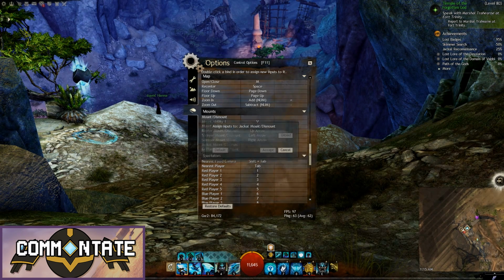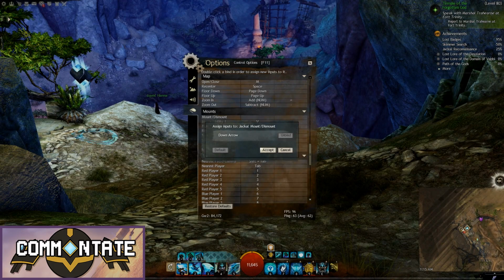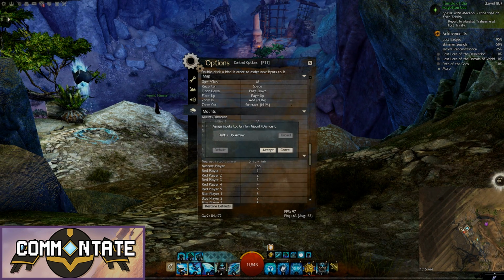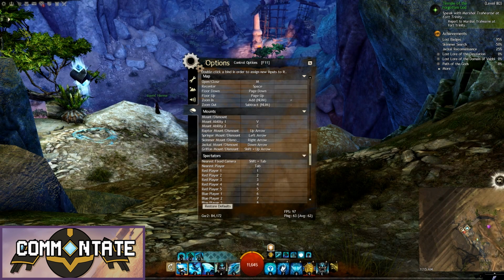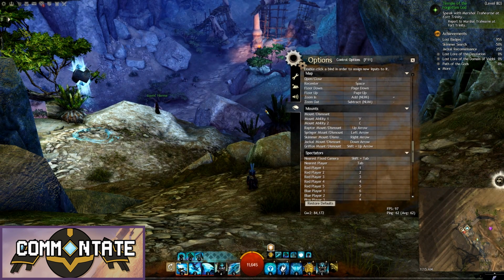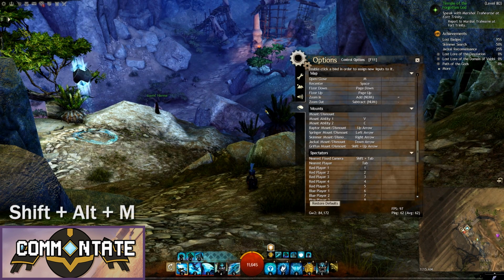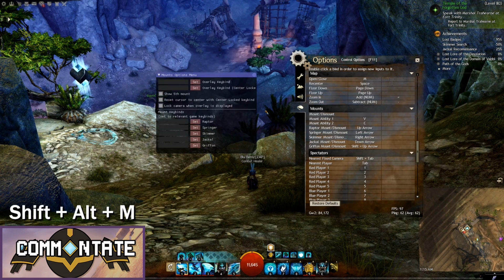Just get those set up. And obviously that won't work all the way around the board here, so I'm going to do shift up for the last one. And I recommend keeping this window open and just kind of pulling it off to the side. The keyboard shortcut to bring up the mounts panel is Shift, Alt, and M. So what we need to do first is set